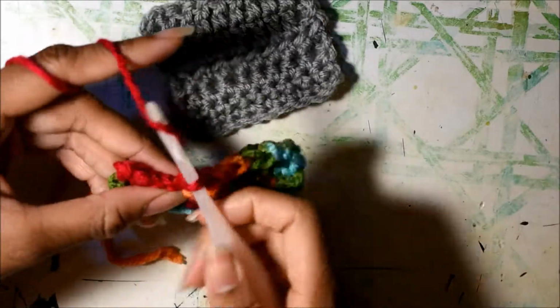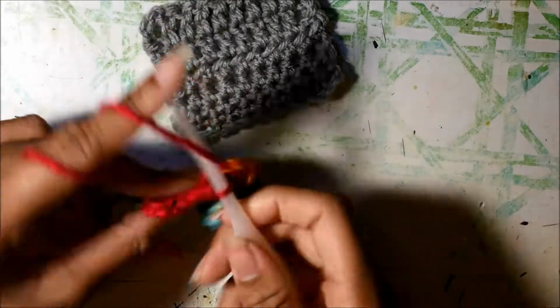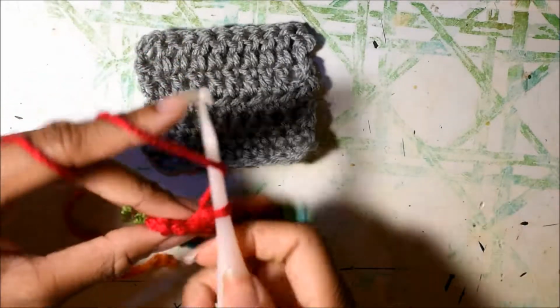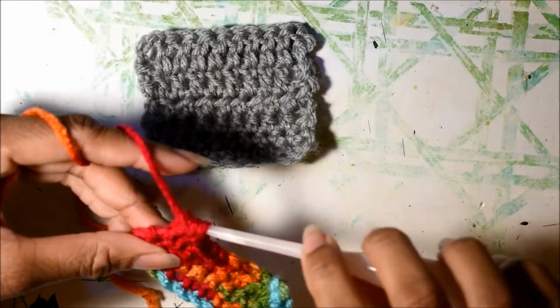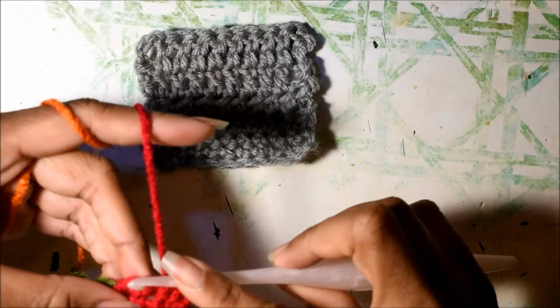But before I go, I want to look at these stitches, because I believe I used a 5mm crochet hook for this swatch, and I'm using a 5mm for this little piece here. I'm going to unravel it after this recording, but